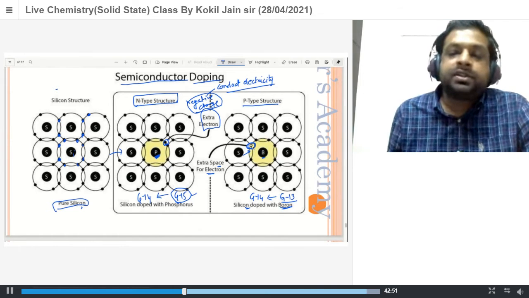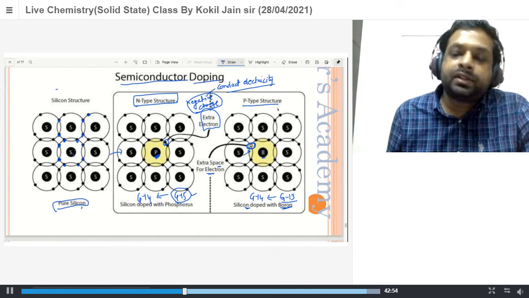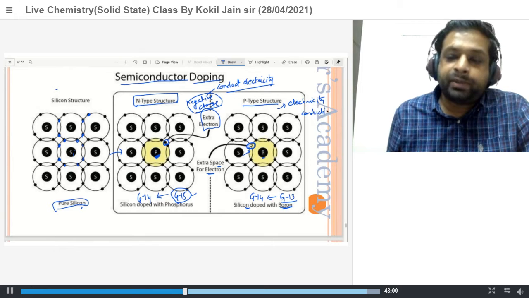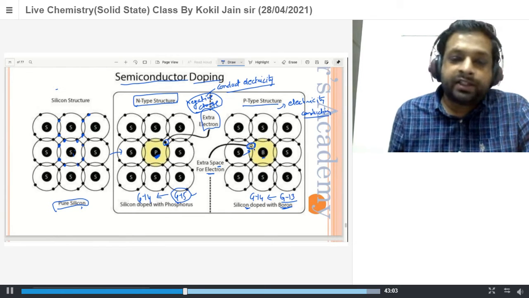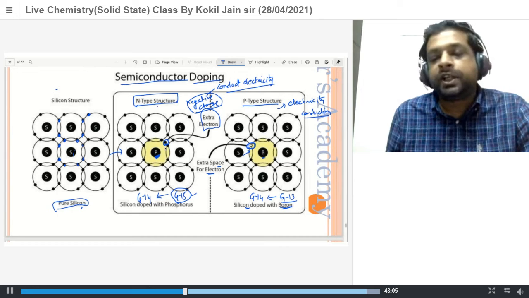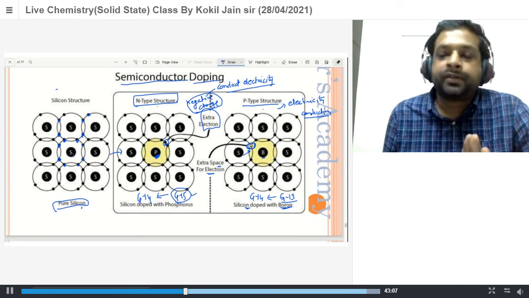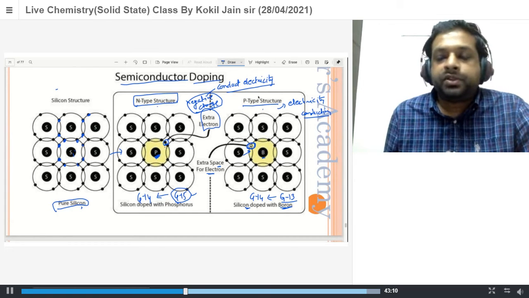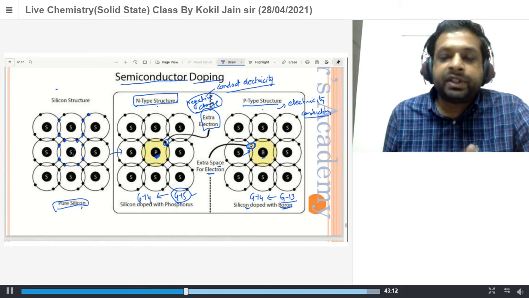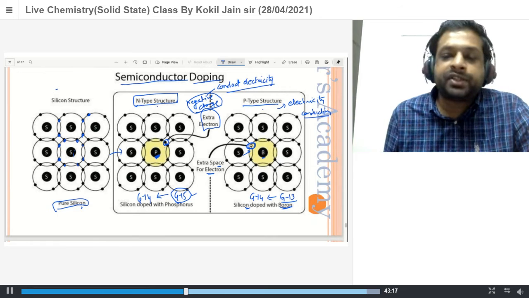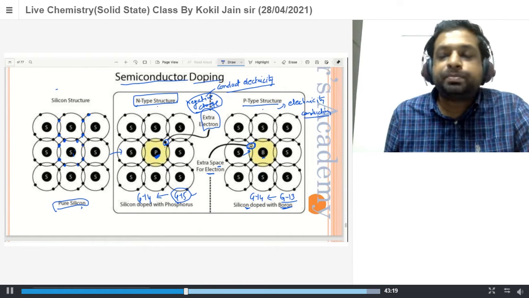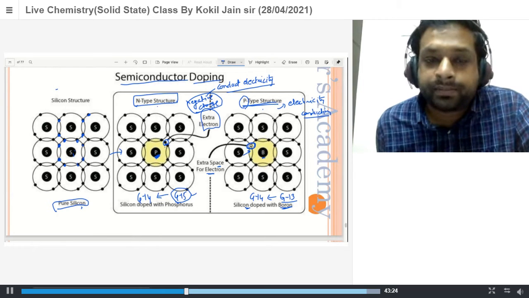Okay, this also creates the electricity conduction here. Electricity conduction happens because of this hole. In N type, because of electrons; in P type, because of holes. Now, because this is a hole, it is creating extra positive charge here. One less electron means positive charge is extra. That's why it is called a p-type structure or p-type semiconductor.